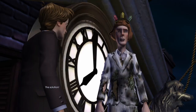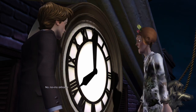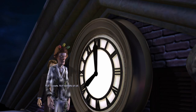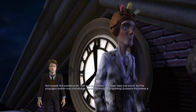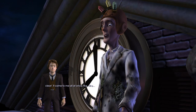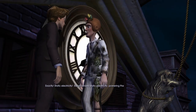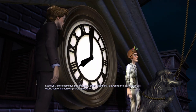Got what? The solution. My invention. I know how to make it work. The mental alignment meter? No, my airborne personal transport device. The rocket car? Not rockets at all. That was my mistake. The basic idea was sound, but the propulsion system was unworkable. But the lightning. Suddenly the answer is clear. It came to me all at once, like... A bolt of lightning? Exactly! Static electricity! Super ionized static electricity powering the asynchronous oscillation of frictionless plates inside the...